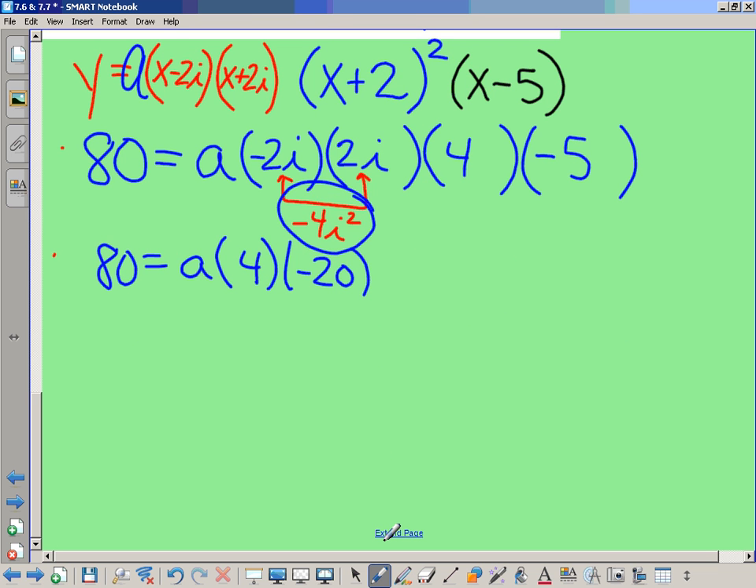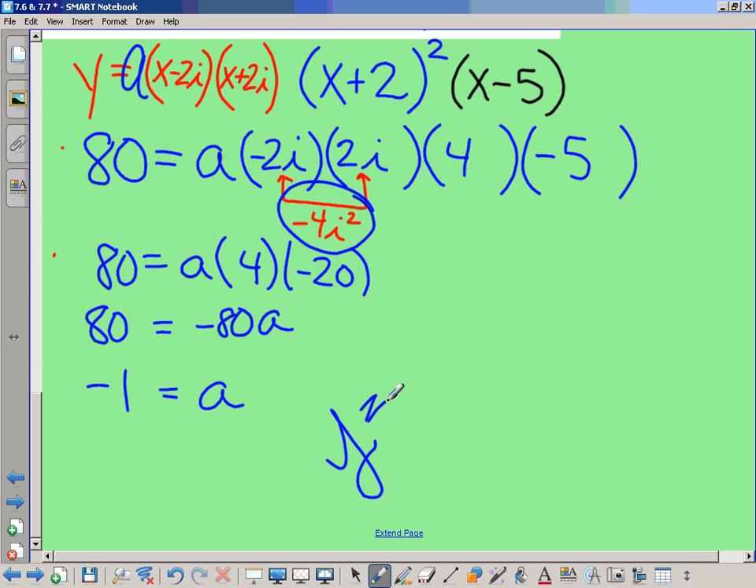Oh, this is almost done. What's negative 20 times 4? If negative 80a equals 80, a must be negative 1. So the final solution is what I have up there with a negative in front of it. Which was the answer that was on the solution key. That's y equals negative (x minus 2i)